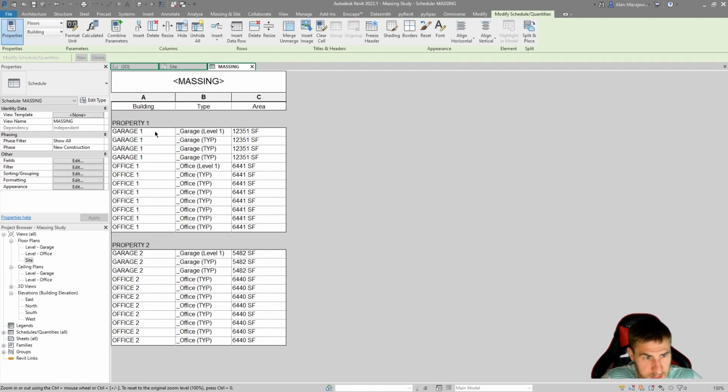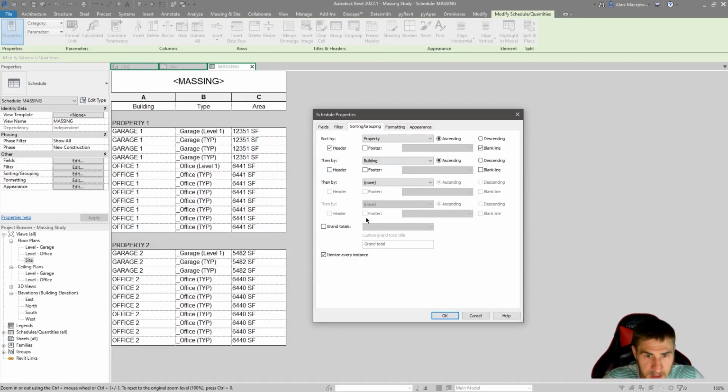idea here. So we can see, look, we have property 1, then we've got garage, and then office 1. Obviously, this is associated with property 1. Cool. And then all the areas, whatever. At the end of the day, these types may not help us so much to be seen, but nonetheless, they're there for now. Let's go back here and, kind of like we did before, I don't necessarily need to